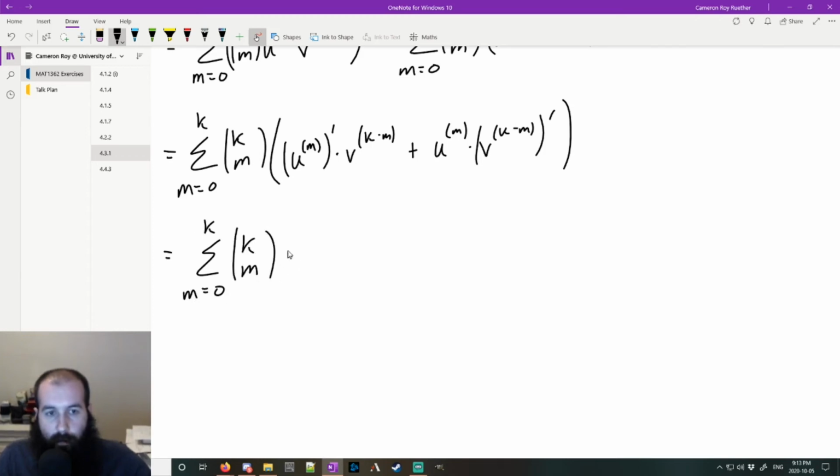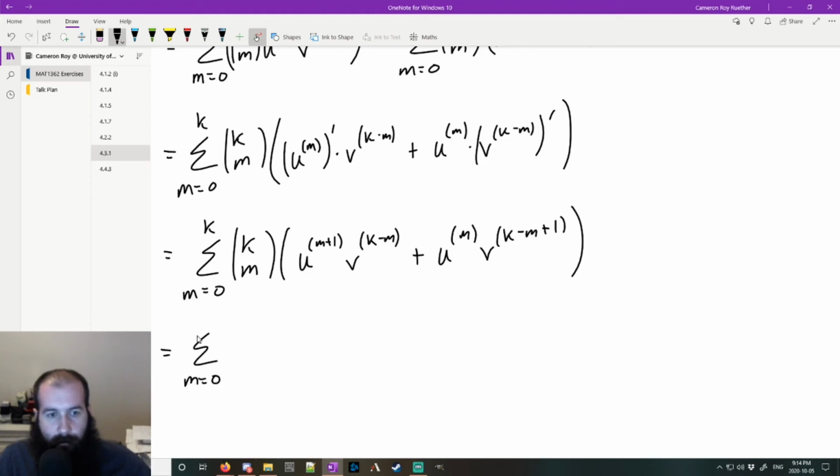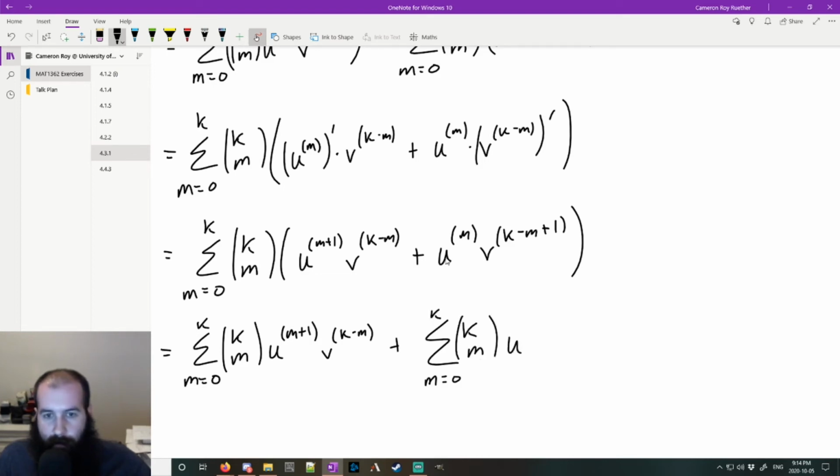So we can rewrite these terms as u to the m plus 1, v to the k minus m, plus u to the m, v to the k minus m plus 1. Now we can distribute this constant and this summation notation and get the following. Where we'll just have one part of this first, and then a second summation where we have the other terms,